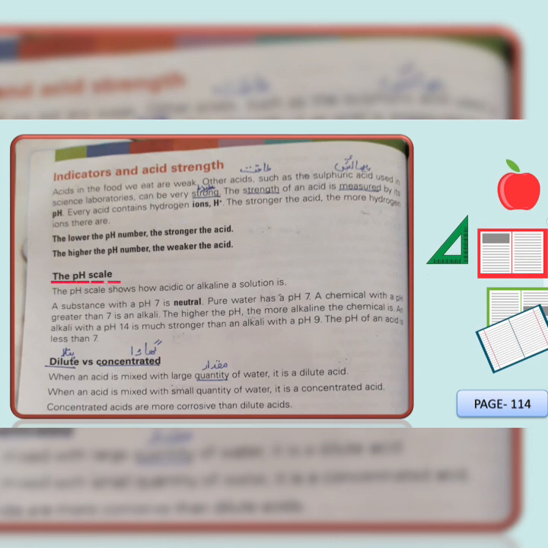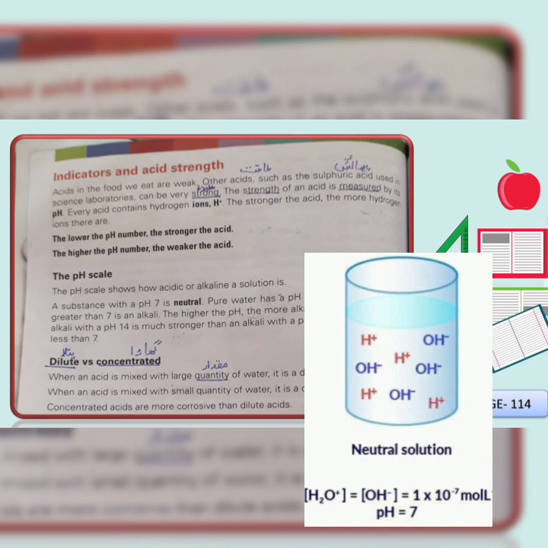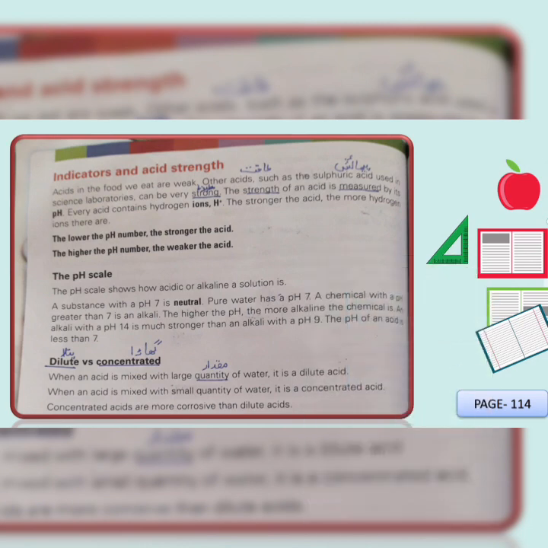Our next heading is pH scale. pH scale basically is a measurement of how acidic or alkaline a solution is. A substance is neutral, it means it has pH 7, and the most common example of a neutral substance is water. On the other hand, if the pH value is higher than 7,